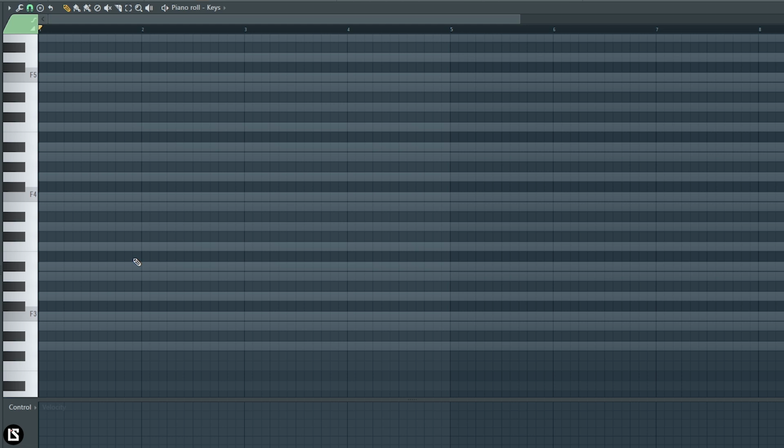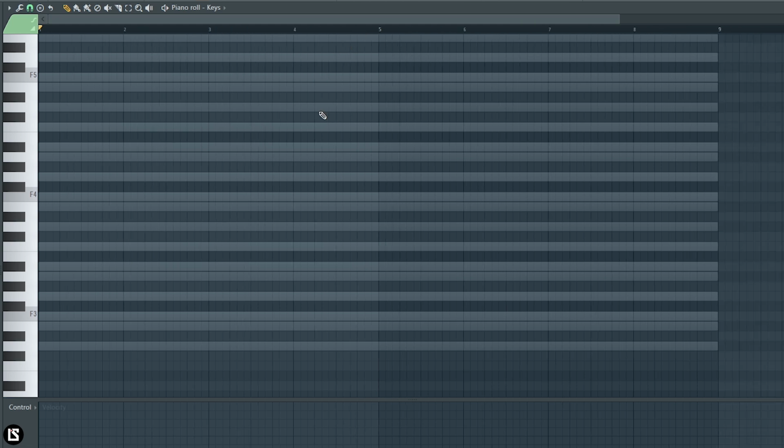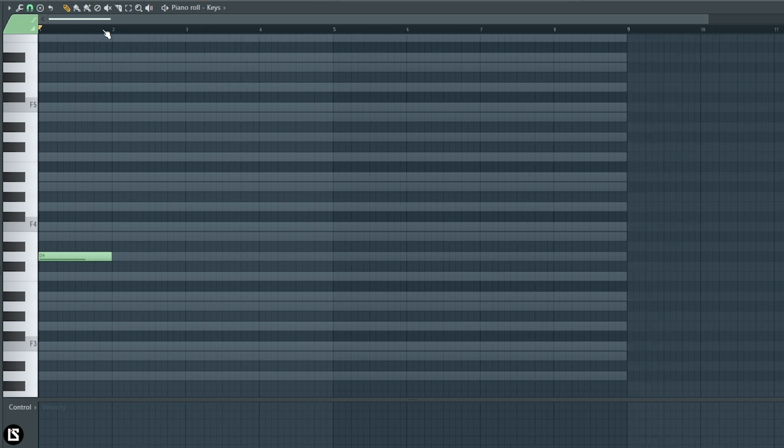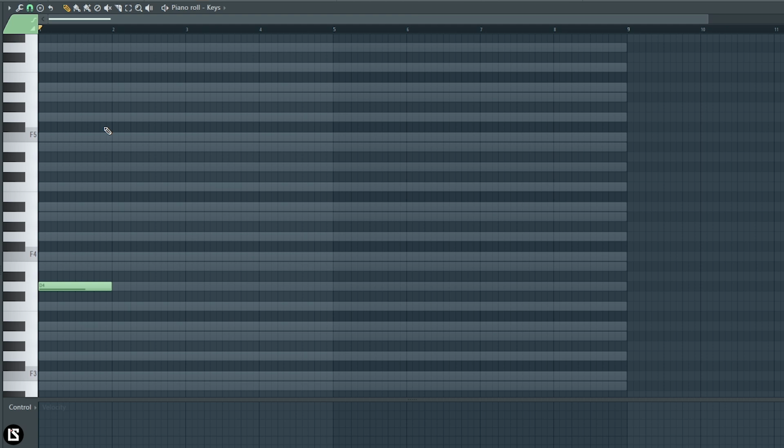If you work in a major scale, there is a relative minor to it. I usually end up just pulling up minor scales. So I'm going to go ahead and just start on the one chord to make this easy, so we can follow along. So we're gonna just start to build out some chords. I'll explain what I'm doing, and then we need to find a nice rhythm that we want to have going